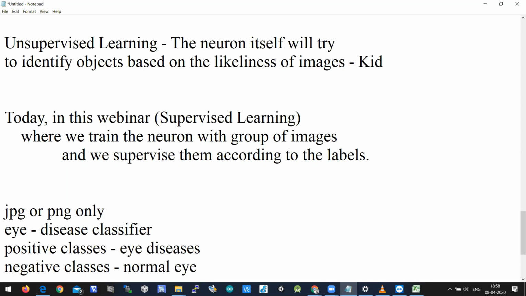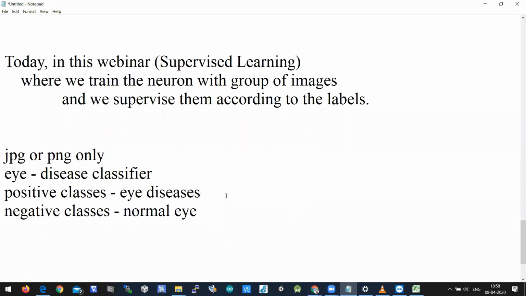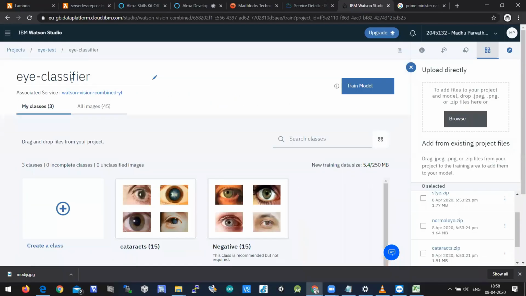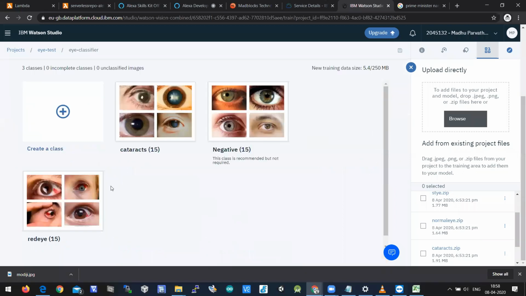When you talk about eye diseases, you'll have 40 eye diseases, out of which you can take 10-15. But in this webinar, I'm taking only two positive classes and one negative class for you to understand how to create this. If you keep adding classes, the time taken for training will increase.